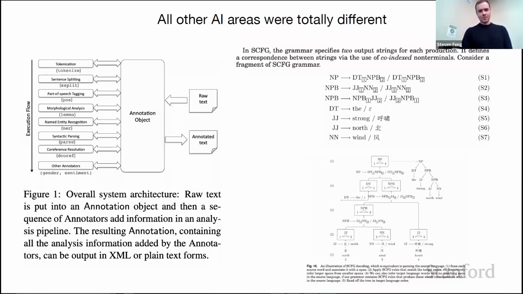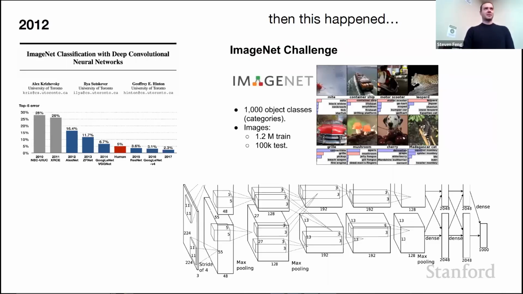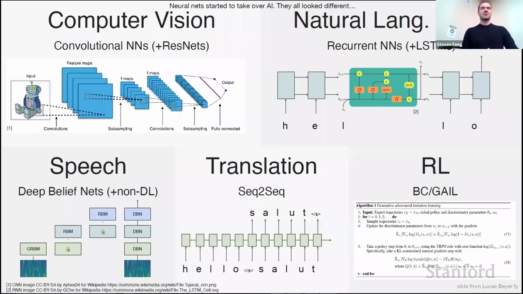Now that changed a little bit starting in 2012, when Alex Krizhevsky and colleagues basically demonstrated that if you scale a large neural network on a large data set, you can get very strong performance. Up till then, there was a lot of focus on algorithms, but this showed that neural nets scale very well. So you now need to worry about compute and data, and if you scale it up, it works pretty well.